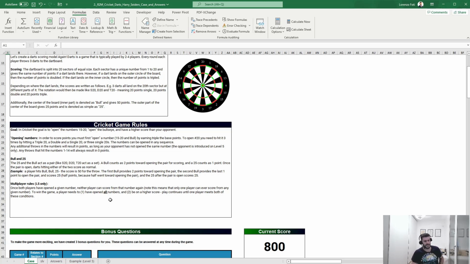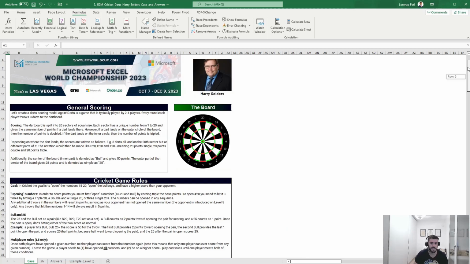But okay, does it mean that if I open all the numbers and I have a lower score, I honestly don't understand. Suppose I have 500 points, I open all the values, the other player has 600 points and has not opened everything. Who is going to win? Is the match going to finish? It's not very clear to me, so I will need to reflect on this offline and then maybe upload a video separately for this level 5